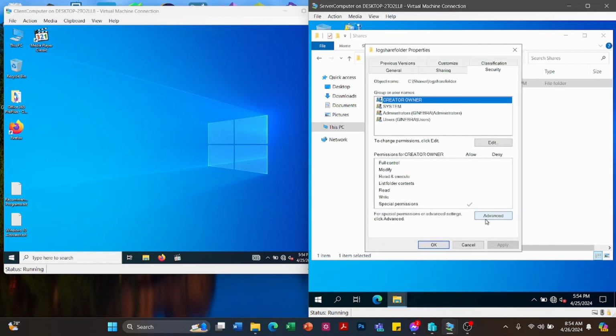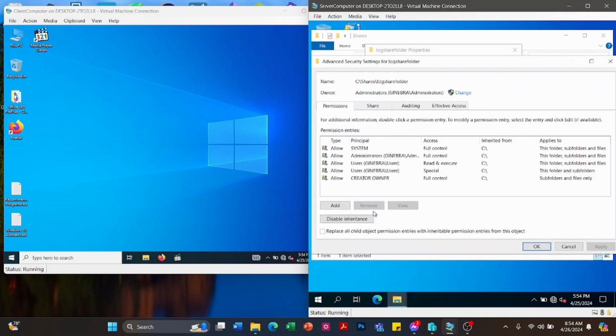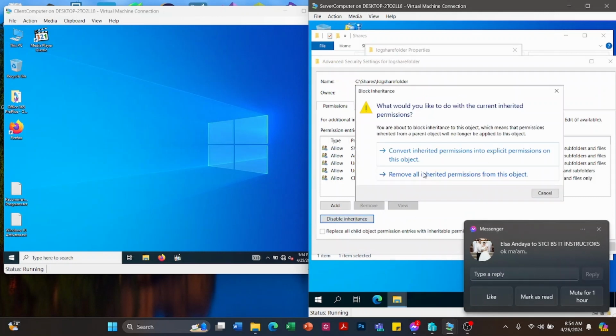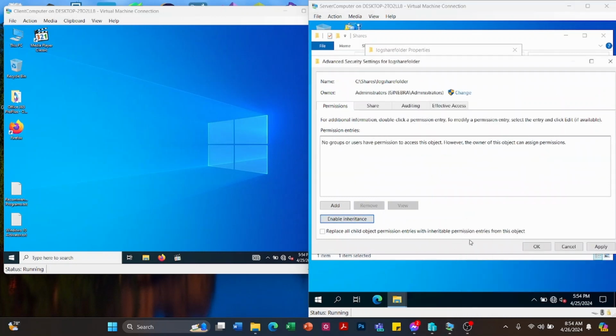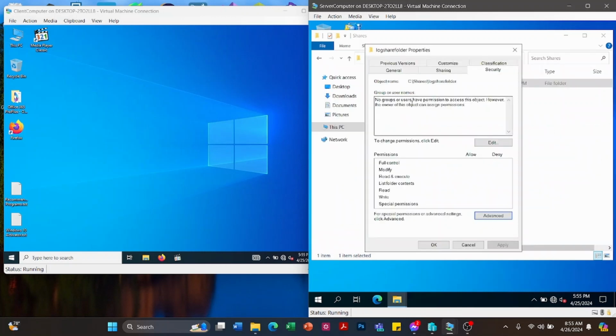Okay, so we're going to remove the default group users added to the security. So we're going to remove all inherited, then apply, yes, then okay. So as you can see in here, no groups entered, so it is blank. So we're going to add the administrator and the security group logistics.